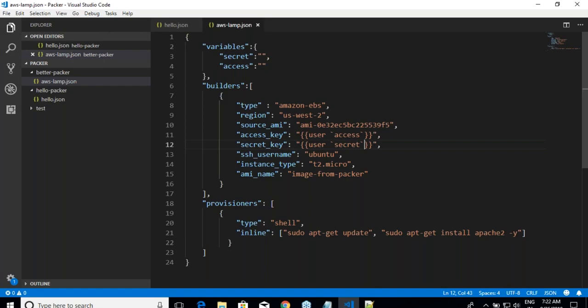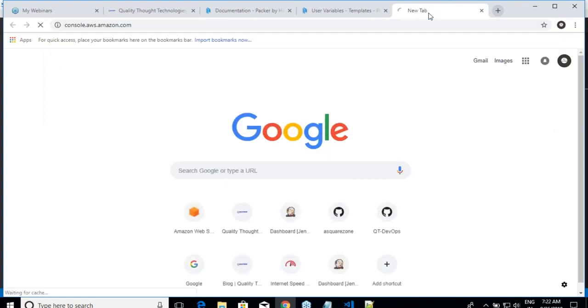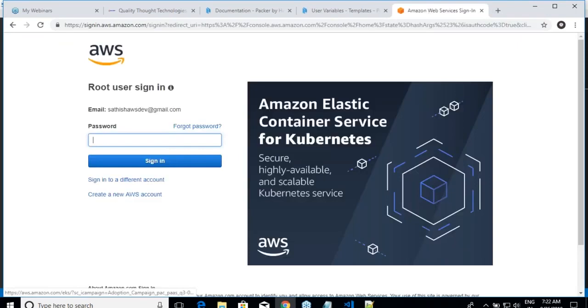Right. So now let me log in into AWS to find out what is my secret key and access key. Can I reuse the same or not? Okay. I'm interested in IAM.